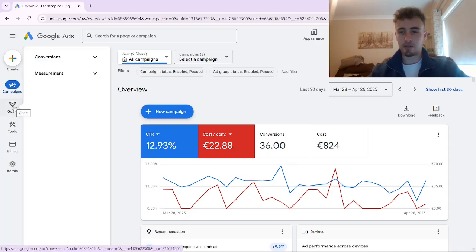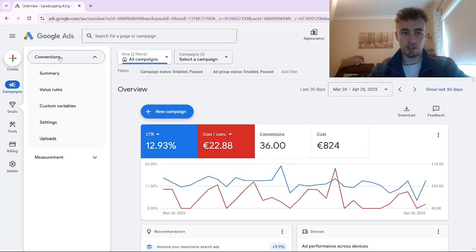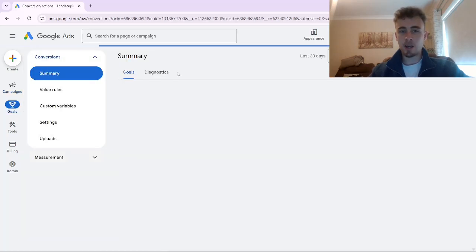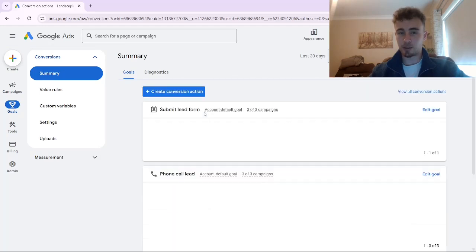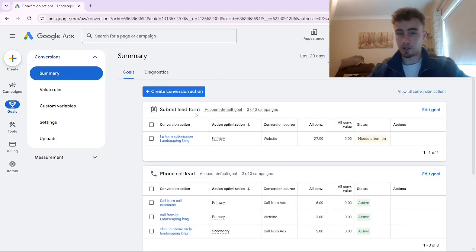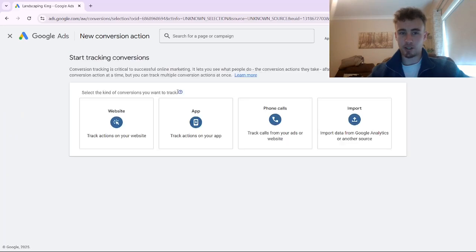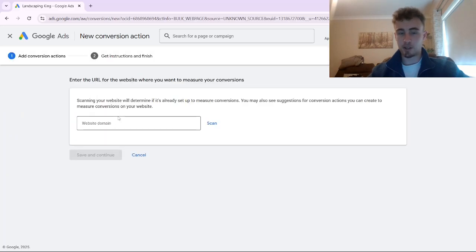So we're going to start out with setting up form submission conversion tracking first. And we're going to start by going to goals here on the left and going to conversions and then summary, which will bring us to the conversion summary table. And this is where we're going to set up the conversion actions for all of the types of conversions we're looking to track. And we're going to press create conversion action then, and then website,